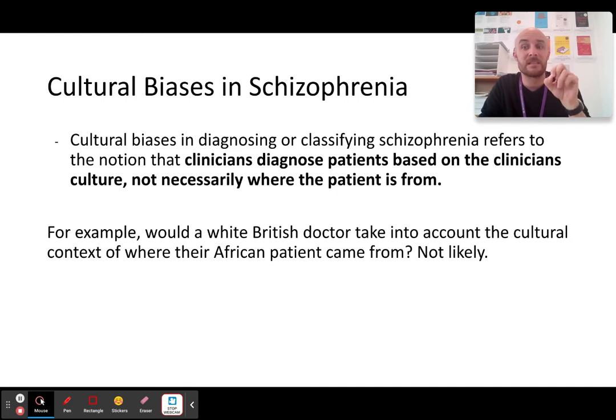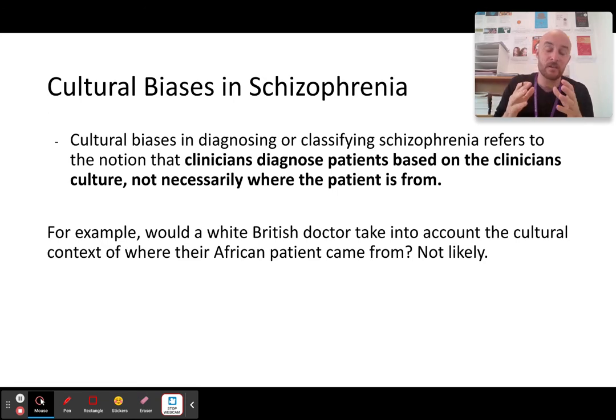The problem is the symptom pool. Now, if you remember from psychopathology last year, we talked about the symptom pool. Each culture has a pool of symptoms which it associates with certain disorders. So, for example, in Western depression, you are low. You have feelings of worthlessness. You socially withdraw. But in Eastern Asian depression, there are other symptoms like koro, for example, the feeling that your genitals are going up into your body.